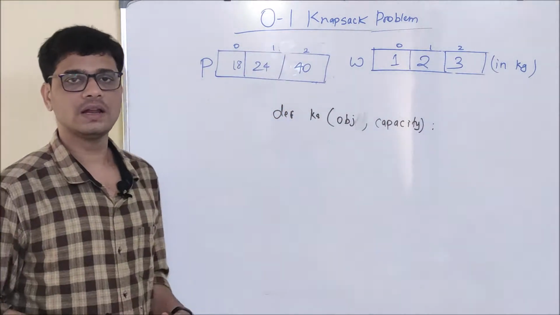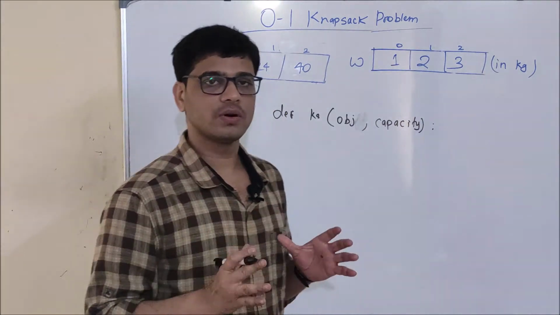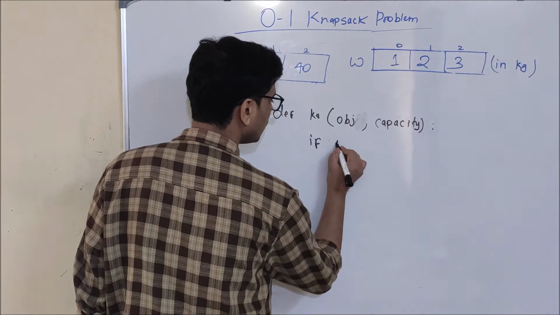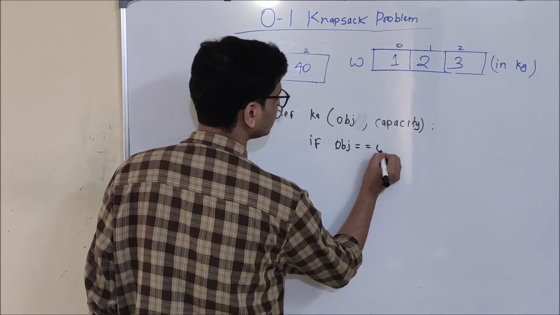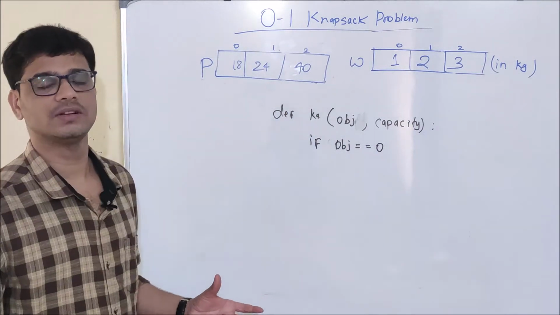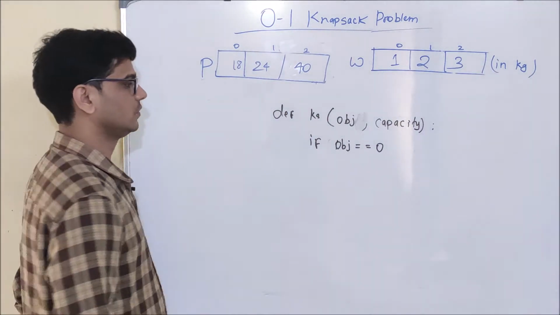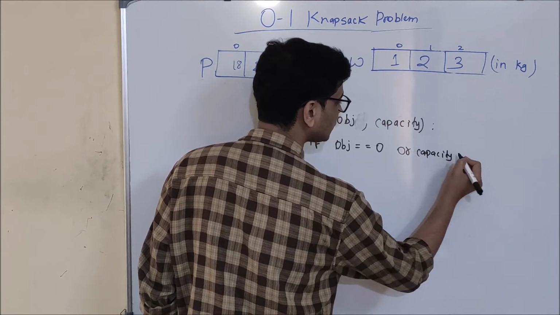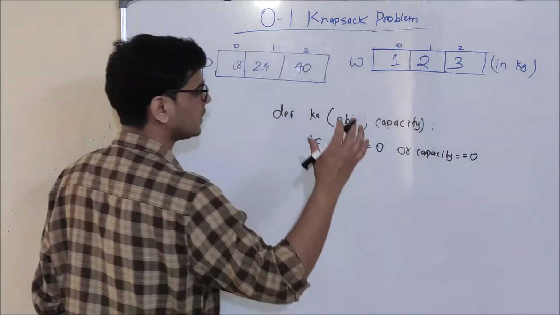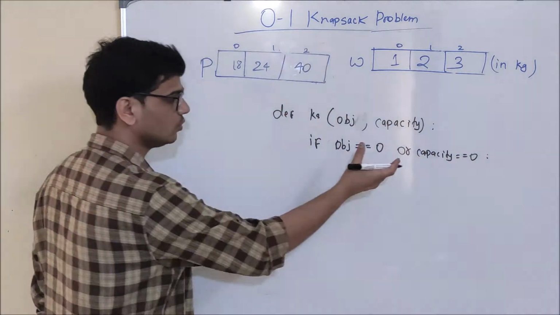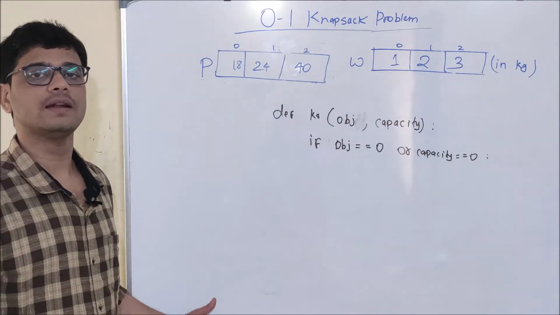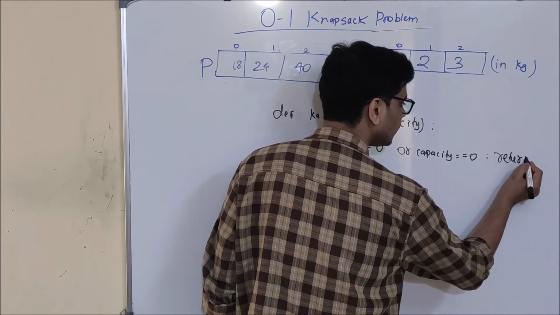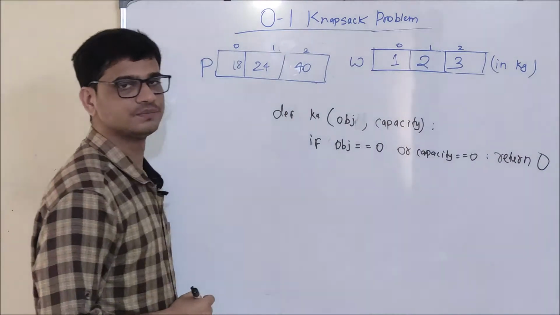Okay, so first of all, as we are writing a recursive program, we need a base case. So what will be our base case here? Suppose the objects remaining to be considered is equal to 0. That is, I have no object to be considered. Can I do something? No. And one more thing. Suppose the capacity of my knapsack is equal to 0. That is the remaining capacity. Can we do anything here? No. We can't take anything in my knapsack. So we can do only one thing from here, that is to return 0.